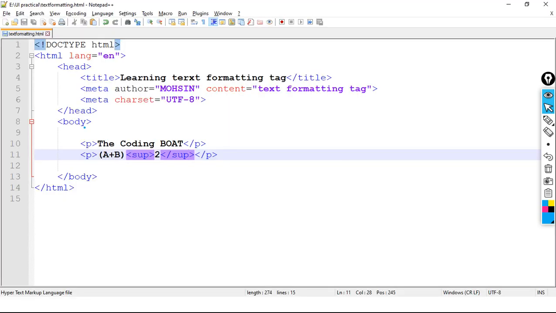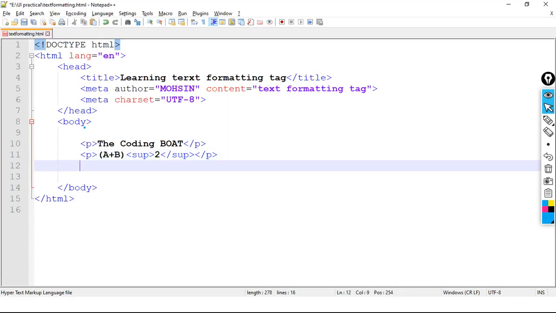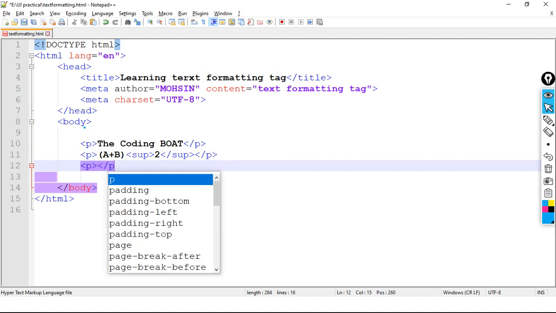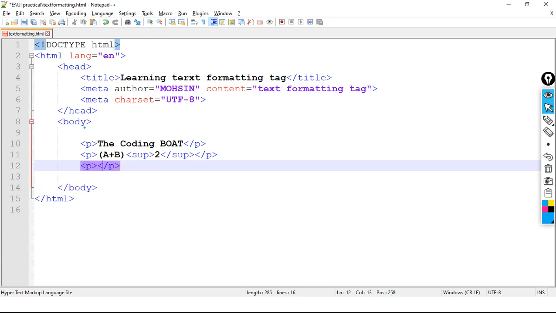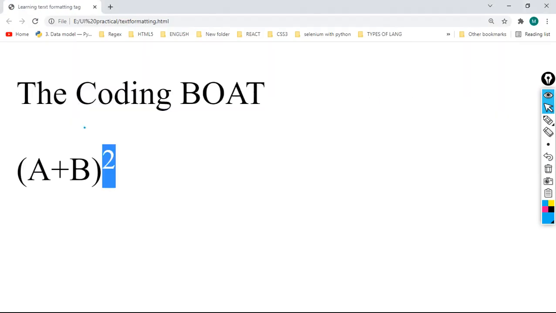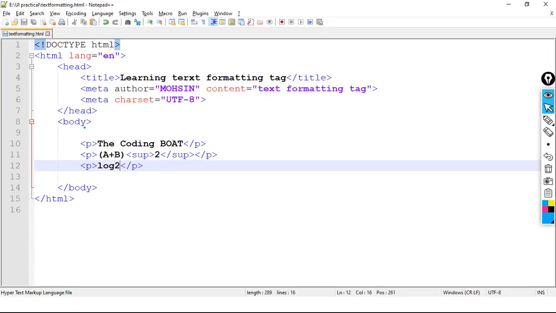Suppose I want to display log base 2. Will it come? Let's see. No, it's not coming as log base 2, but I want log base 2.